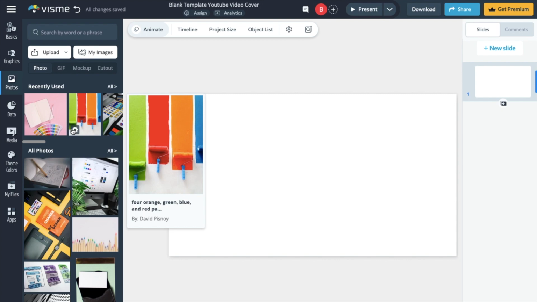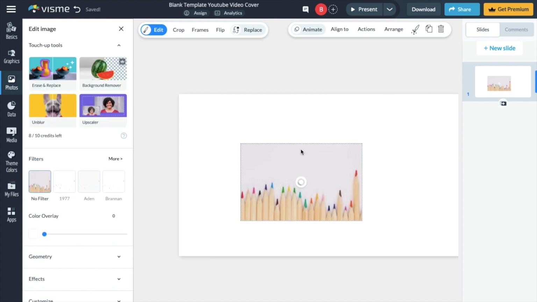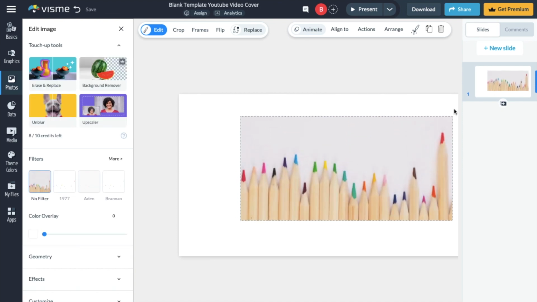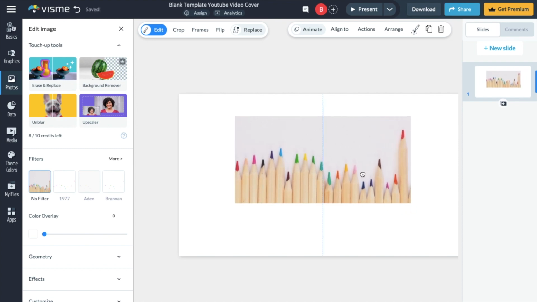So for this demonstration, how about I go ahead and select this photo right here of a bunch of different pencil crayons all lined up. I'll make it a little bit larger just like that. There you go. Now, if you want to make a reflection or add a reflection to this image, it's pretty